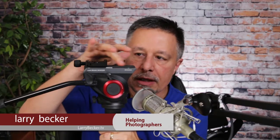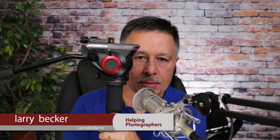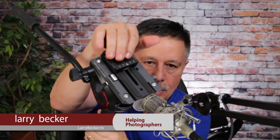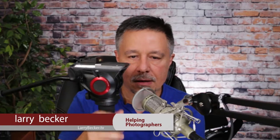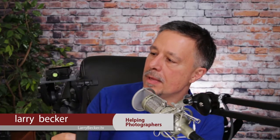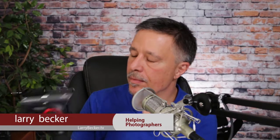Now it's got this really long plate because it's designed to hold a video camera. But what I did was I added an Arca Swiss plate holder that I got online. So now I can take my camera, which has an Arca Swiss on it, and put it on this. So this fluid head, it's a Benro. I think it's a Benro. No, it's a Manfrotto, sorry. It's a Manfrotto MVH